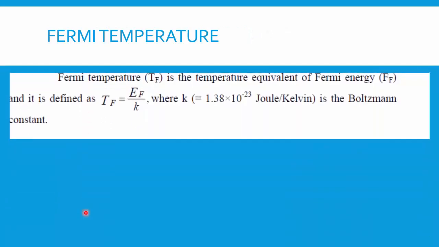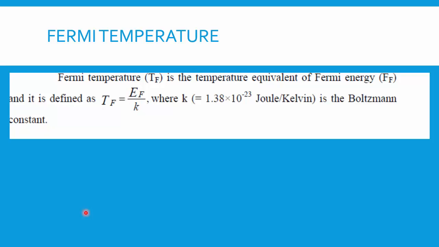So from here, I can also explain Fermi temperature. So what is Fermi temperature? The electron goes from one energy level to another energy level, and if that energy level is the Fermi energy, then to reach the Fermi energy, you need to give the electron a certain temperature. So you can define Fermi energy in terms of temperature as EF is equal to K into TF.